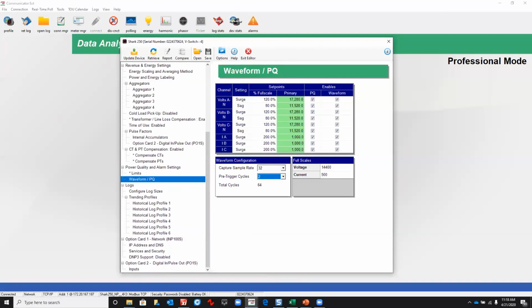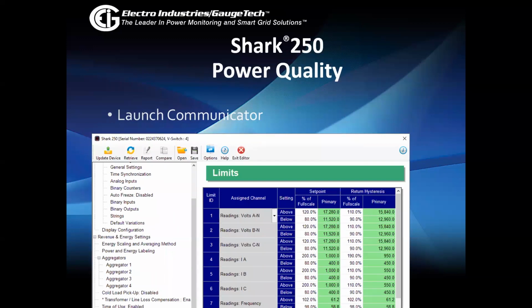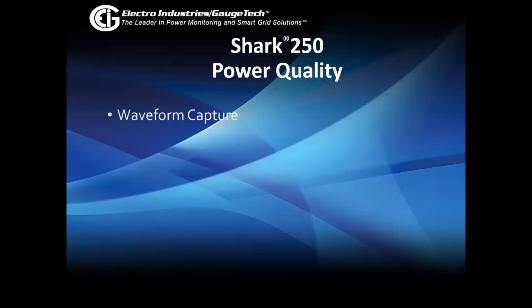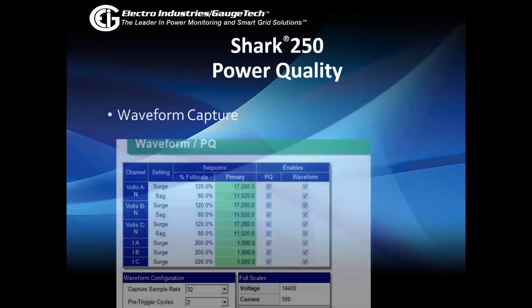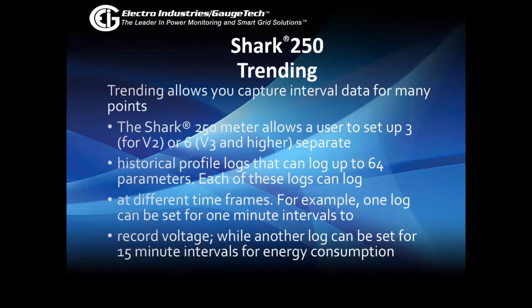So we'll toggle back. So we discussed the power quality and waveform capture. We'll get into that a little bit more as we go through. The next step in this process is the trending of the